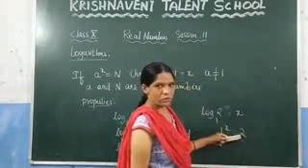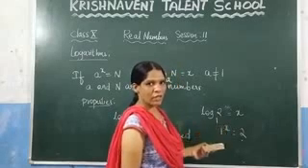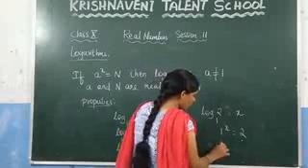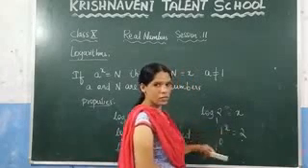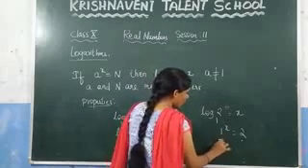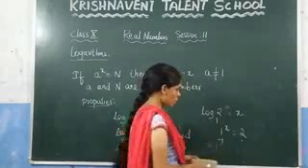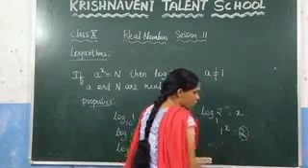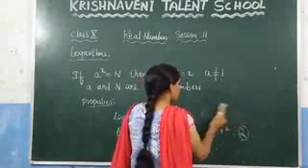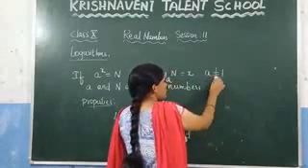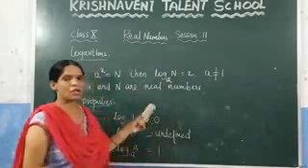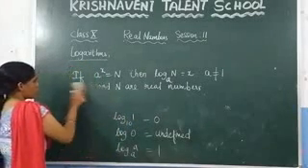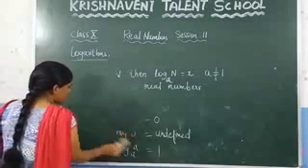Can we get 2 here? If you put any value of x here, we cannot get 2, because 1 power 1 is 1. If you take 1 power 0, anything to the power of 0 is always 1, so again you will get 1. If you take minus 1, you will get minus 1. So if you take any value of x here, you will not get the answer as 2. For that reason, you cannot consider the base as 1. This is the condition why we are not taking the value as 1. This is about the logarithms. Now, let us discuss a few more properties.